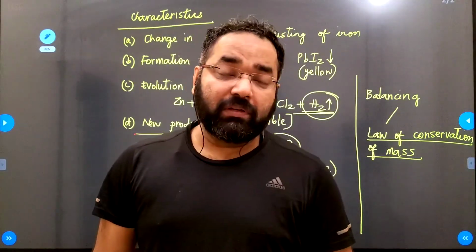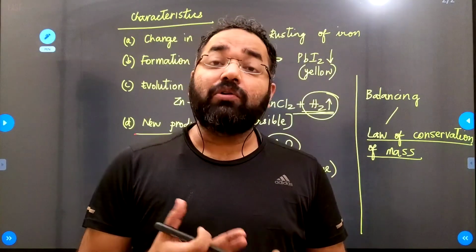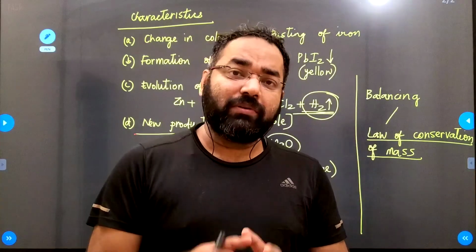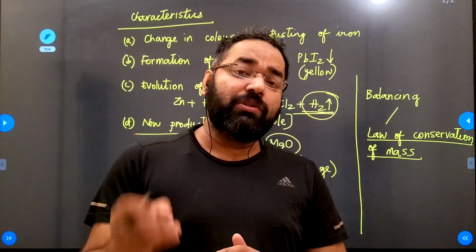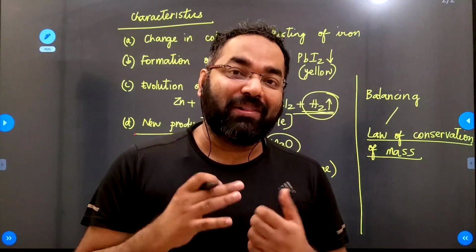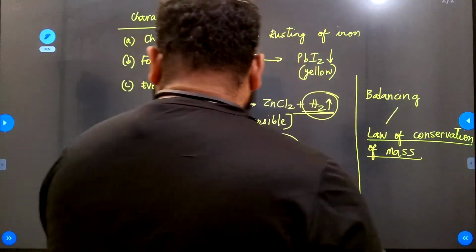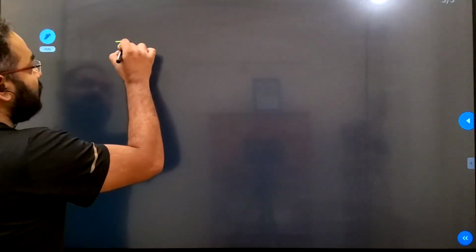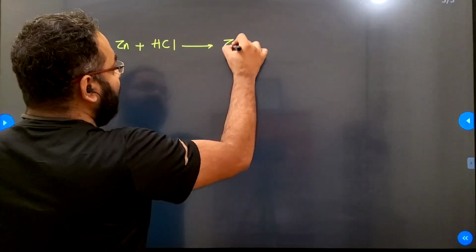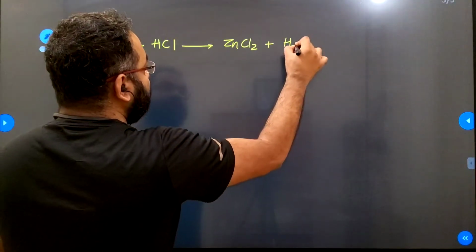Now, the next part of the chapter was to tell you how to make a given reaction highly informative. To make it very informative, you need to take a specific reaction and add all the information possible to ensure that it communicates all the necessary information. For example, if I take the formation of zinc chloride using zinc and HCl, I get ZnCl2 plus H2.